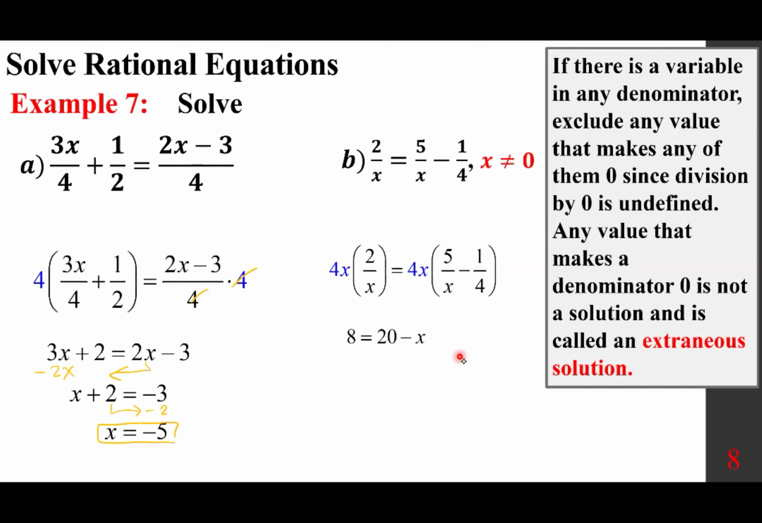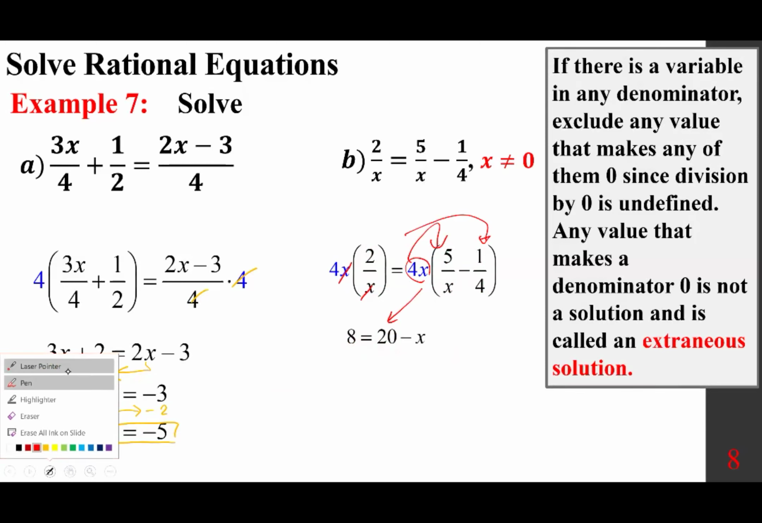One more time. This x cancels out this x, you get 4 times 2 is 8. This x cancels out this x, you get 4 times 5, 20. And for the second one, for this one, the 4 cancels out, the x remains, times -1. And obviously,